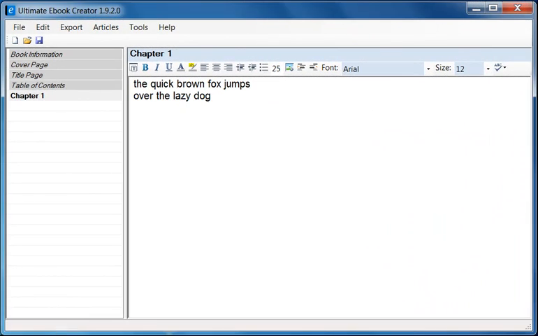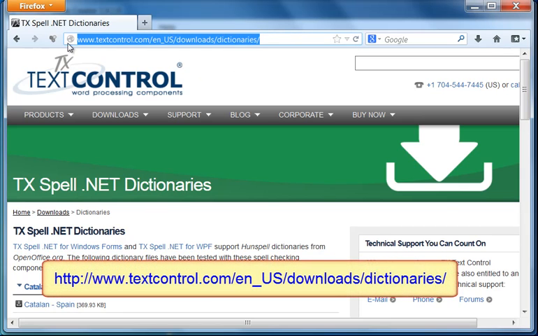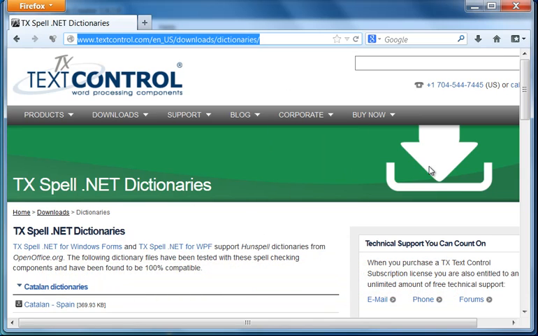What you need to do to install another dictionary of your choice is to go to the browser and go to this URL, which is www.textcontrol.com/ and then you can type in en_us/downloads/dictionaries. Okay, so anyway, I'm going to flash this on the screen below so you can see it. And so these are all the dictionaries that this control